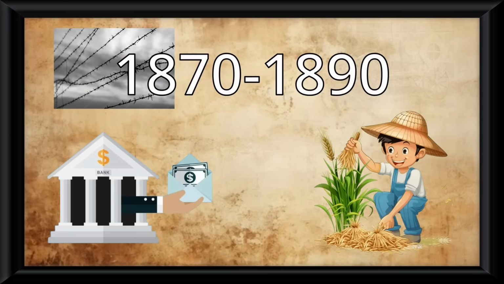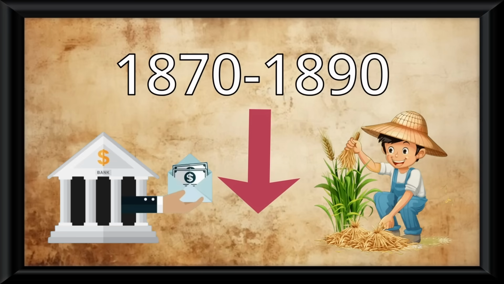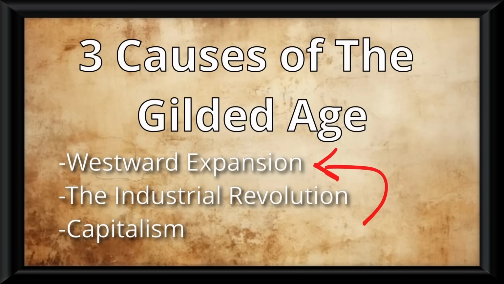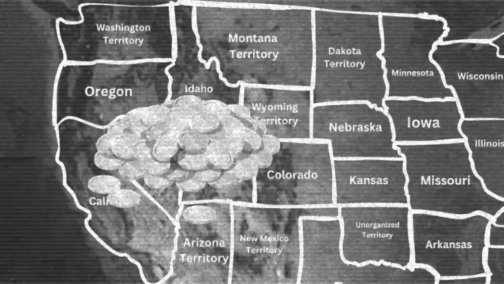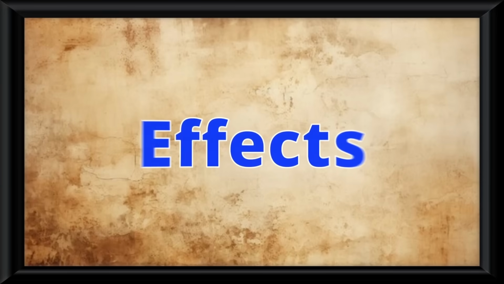In this time period, farmers relied on bank loans, and the influx of farming goods caused prices to drop, making it so farmers suffered quite a bit from debt. But remember, this video is only one of 3 separate causes of the Gilded Age. There are still others you have to consider. So we already know this. Settlers are moving west because of gold, opportunity, farming, blah blah blah. Now we are going to talk about the effects of this.